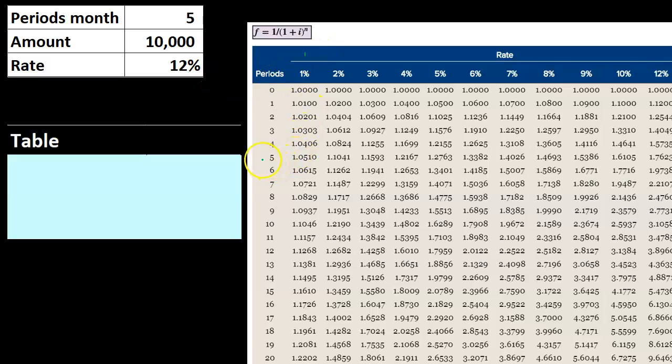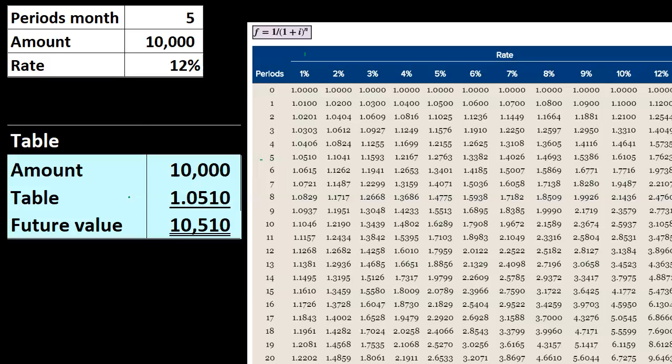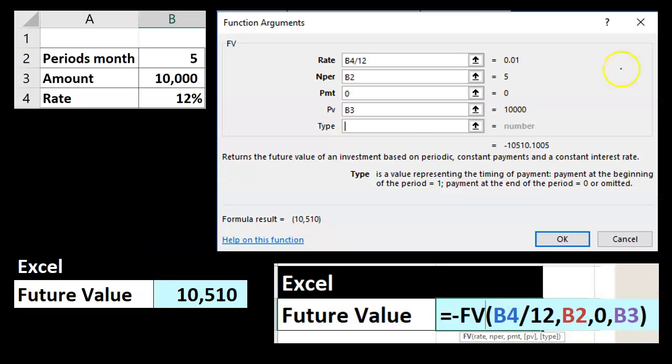And here is the 5 number of periods. So we're going to have the amount of 10,000, then our table amount 1.0510, and that's going to give us our future value 10,510. So again, that's going to be with the use of the 1% as opposed to the 12%, given the fact we're talking about months rather than years. That's the key point. If we look at Excel, then same data now in Excel,